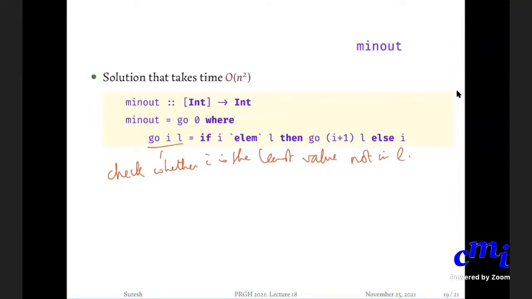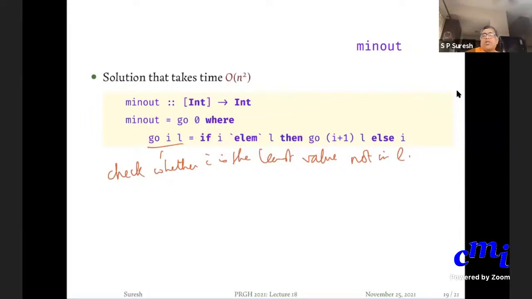Like the LM has to check all the list? Yes. LM will have to go through the whole list. So LM will take order n time, and you are going to anyway search for elements. Why order n squared and why not more? Because you have to keep on searching for elements not outside that are not in L.